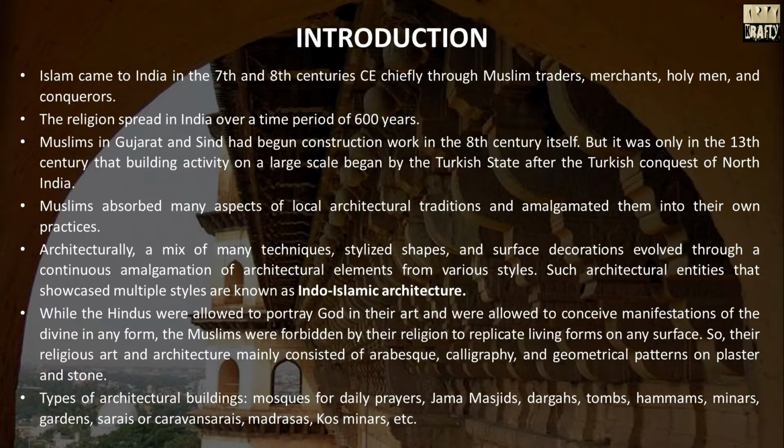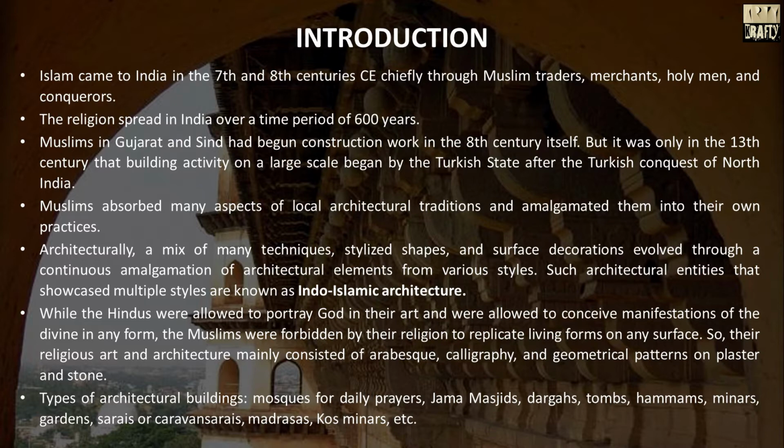Introduction. Islam came to India in the 7th and 8th centuries CE, chiefly through Muslim traders, merchants, holy men, and conquerors. The religion spread in India over a time period of 600 years. Muslims in Gujarat and Sindh had begun construction work in the 8th century itself, but it was only in the 13th century that building activity on a large scale began by the Turkish state after the Turkish conquest of North